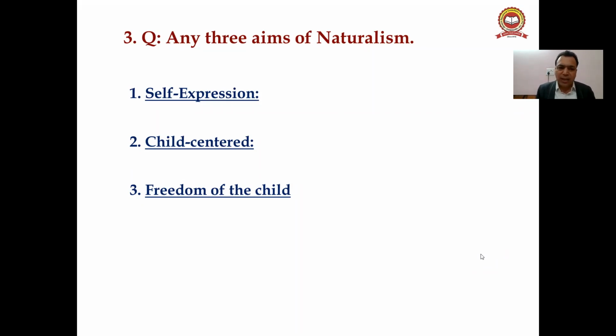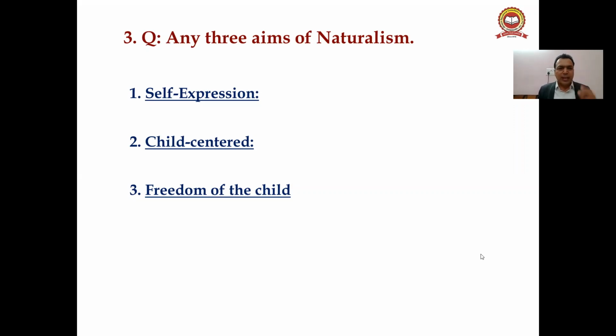which you will get in the PDF file. Under the freedom of the child, you have to write that this philosophy says that the child learns from nature. Jean Jacques Rousseau, who was the founder of naturalism, was against negative education. What was negative education? Negative education means naturalism philosophy emphasizes that we should not put the child through a formal lesson up to the age of